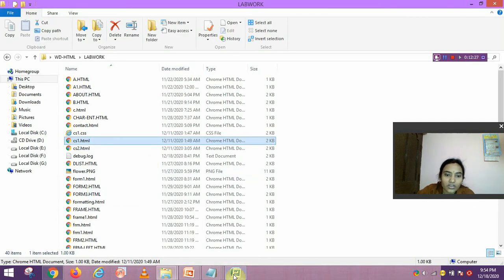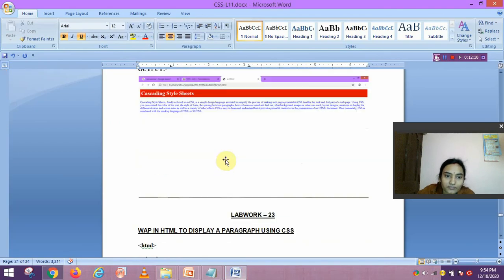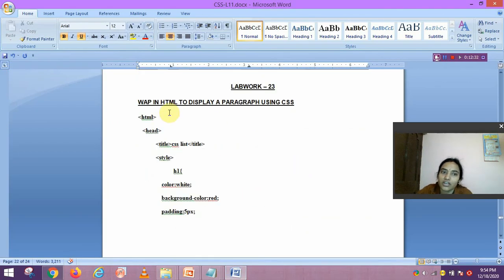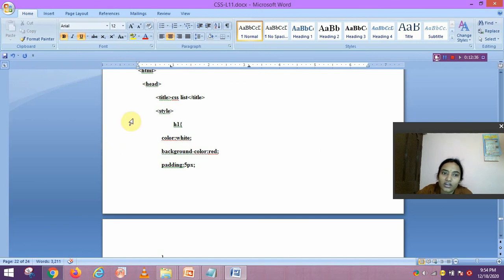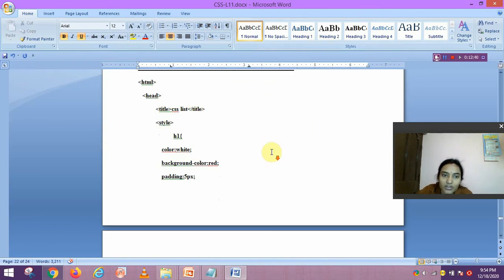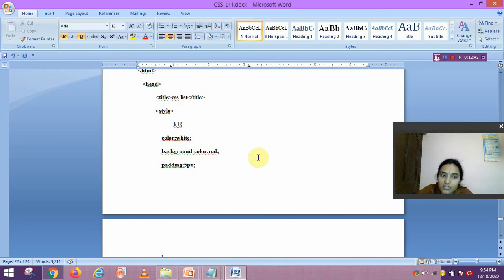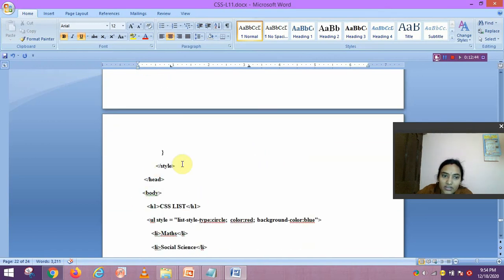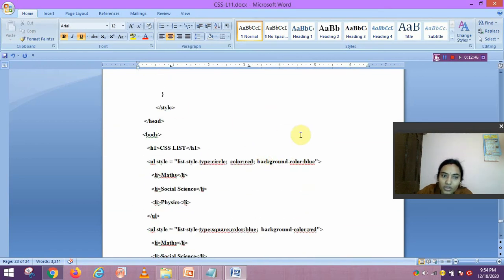Another lab work is also there: write a program in HTML to display a paragraph using CSS. Here also these things are written the same as in the previous one. The h1 is this one, and style is only the heading portion we will display here. Then we can create a CSS list.